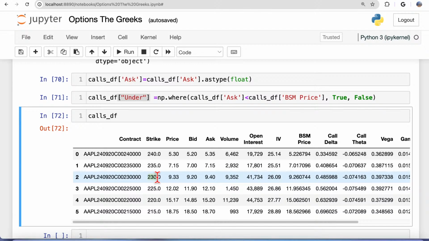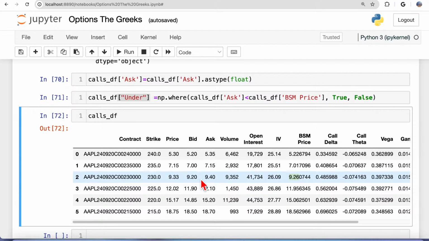this call with strike price of $230 should be priced at $9.26. Keep in mind that Black-Scholes gives you a theoretical price. In real life, it's, you see, 9.33. So yeah, I would say that's a fair price. It's not that much difference. It's pretty much in between, so that would be a fair price. But sometimes using this technique, you could immediately identify undervalued or overvalued options, and that's what we're going to be